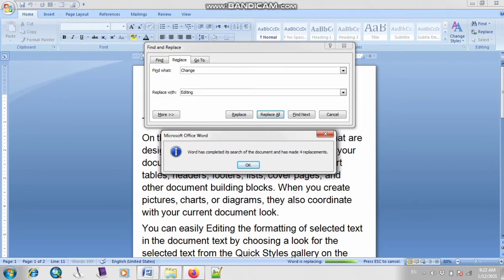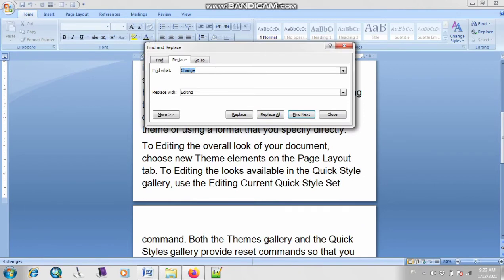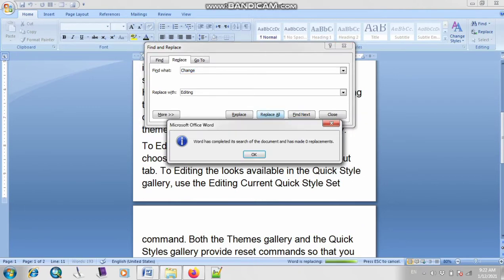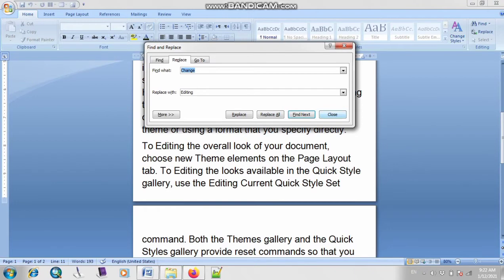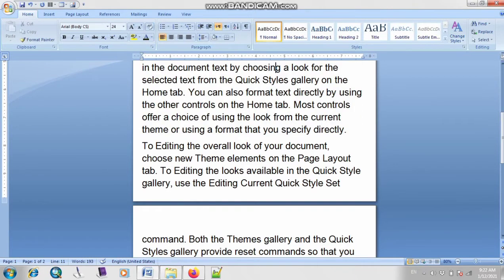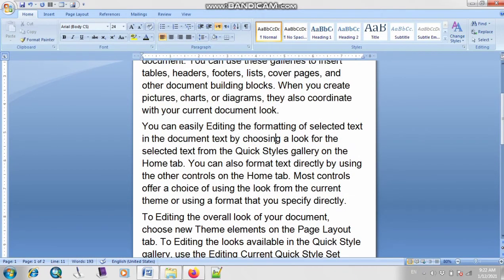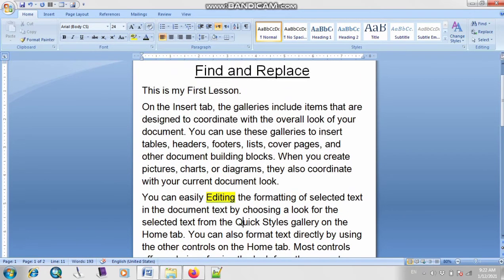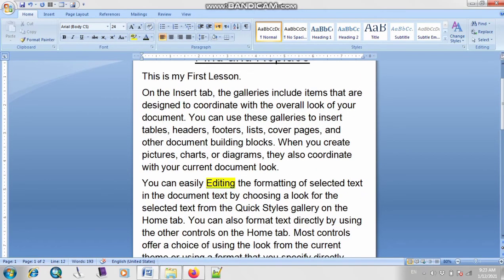That means Microsoft Word has found 4 words related to the word change, and it has replaced them. So I will click on OK, then click on close. As you can see, here is the word which I have changed with the word editing.